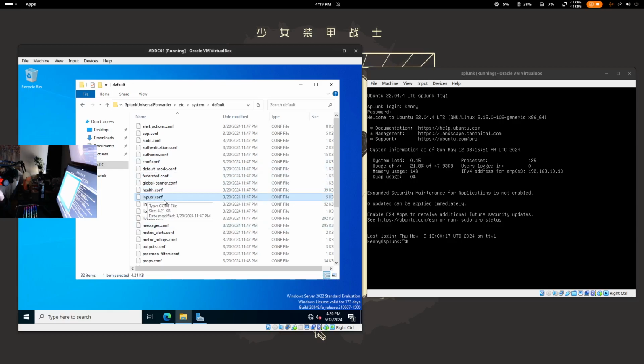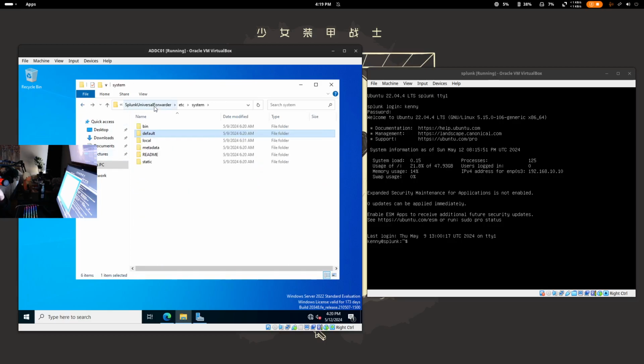This is the one that you're going to be configuring, but we need to make a backup or like another input file, because this is the defaults. We don't want to mess with defaults. We're just going to go ahead and do local, and you're going to see these 4 right here. Use authentication, output, readme, and server, right? You're going to have to create your own input. So if we go ahead and open this,